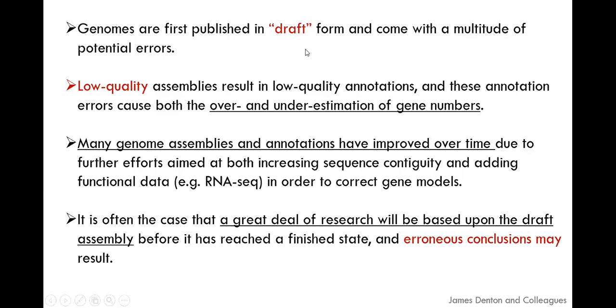Again, genomes are first published in a draft form, right? We talked last week about the Human Genome Project, genomes of bacteria, genomes of yeast. In the last step, you will have a draft sequence and later an annotated, completed sequence. The draft sequence is the rough patch, and the methodology or techniques used differ from person to person, technology to technology, country to country, because a huge amount of money is involved. So the first draft, incomplete and unannotated, will have low quality, and the low quality causes over- and underestimation of gene numbers, and assembly will be a problem.